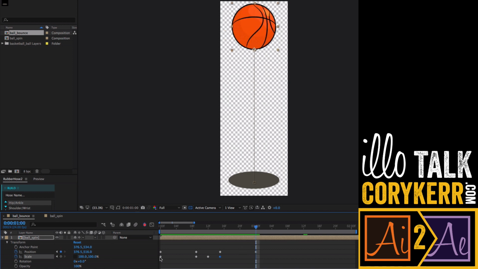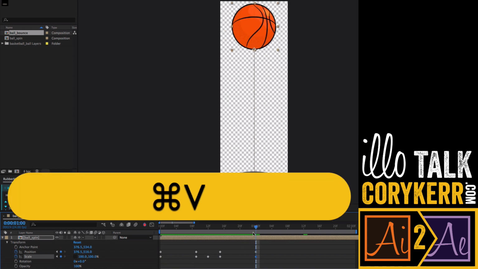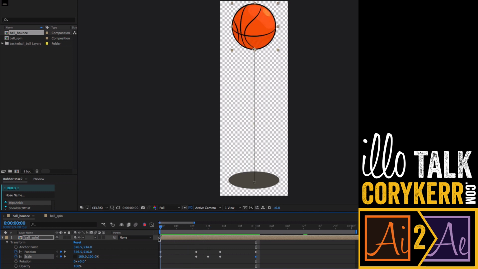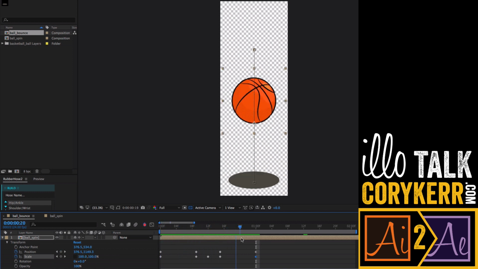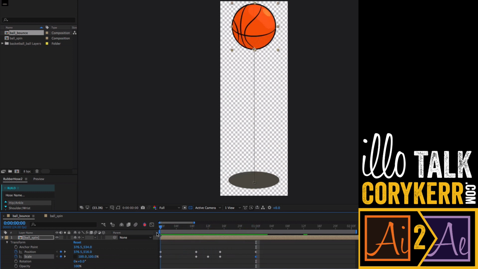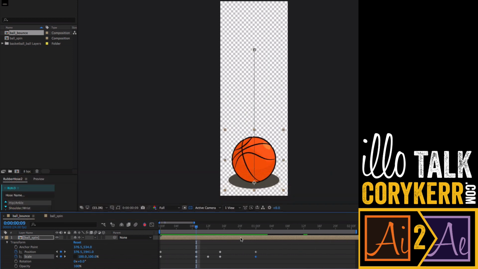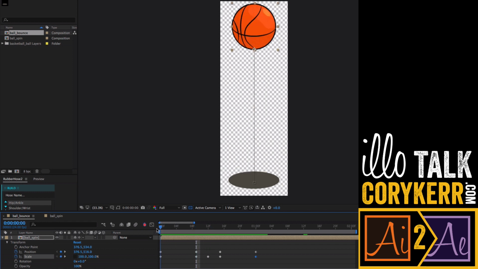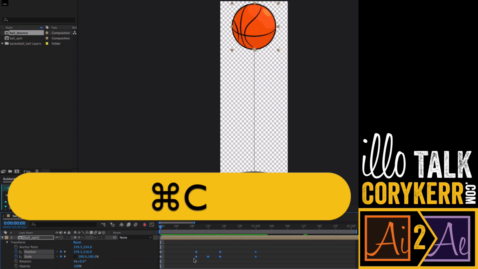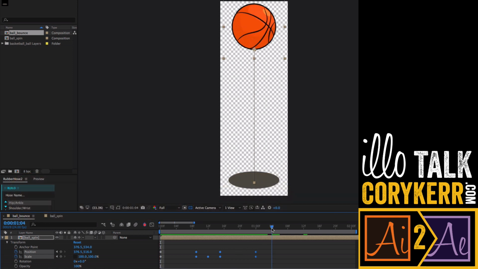Okay, and I want it to stay that way, so I'm going to grab this and paste it there. Okay, now I have a full bounce that goes like this. Now what I can do is I could come in and say, you know what, this would be pretty awesome if I just took this like this and copied and pasted it over and over again. So I can grab these and copy them,